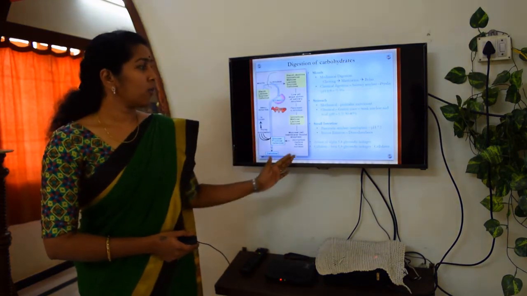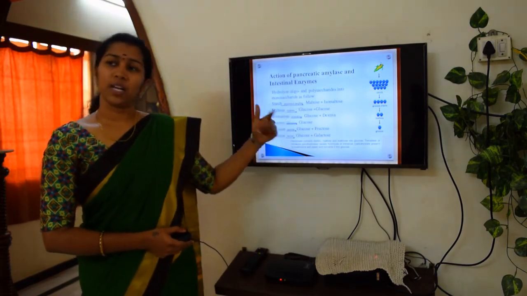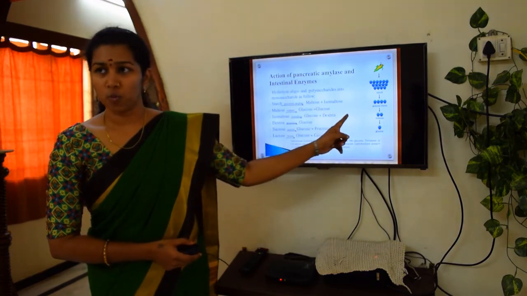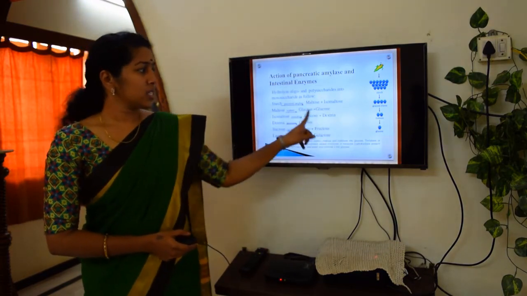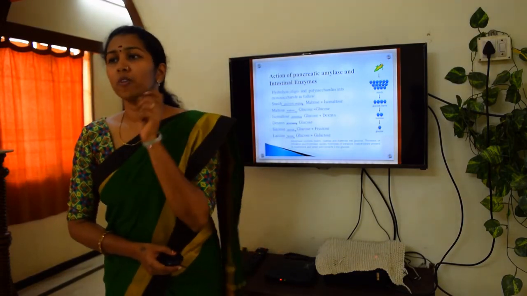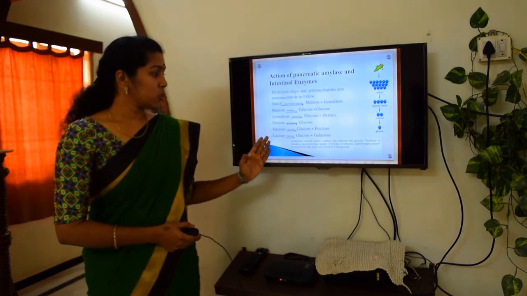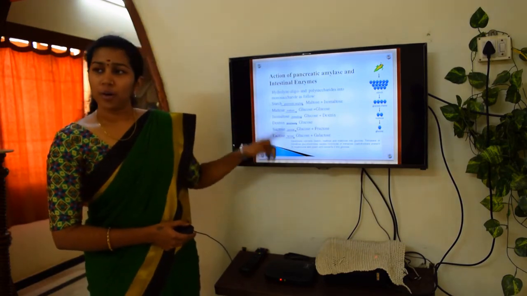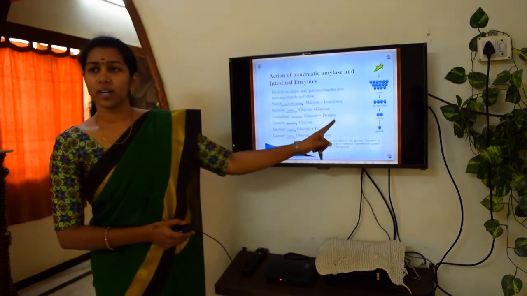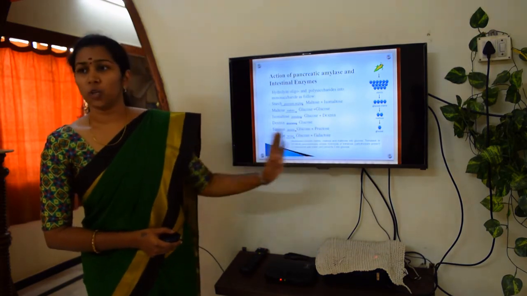So other compounds like starch are acted upon by amylase, both salivary and pancreatic amylase, and converted into maltose and isomaltose. And these disaccharides will be acted upon by different disaccharidases, which we have seen in the succus entericus. So maltose, isomaltose, dextrin, sucrose and lactose will be acted upon by their corresponding enzymes, and produce monosaccharides like glucose, fructose and galactose. Okay.